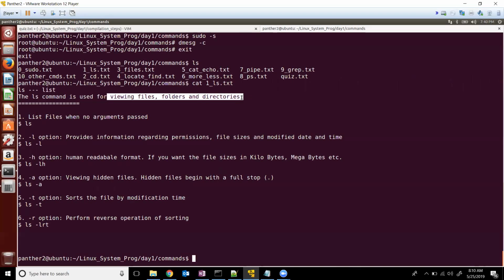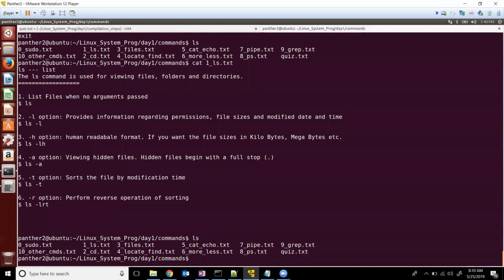Did you ever use Windows command prompt? Yeah, I have used that. Okay, that's fine. So ls is like dir in Windows. When you do ls without any arguments, it will list all the files present in the